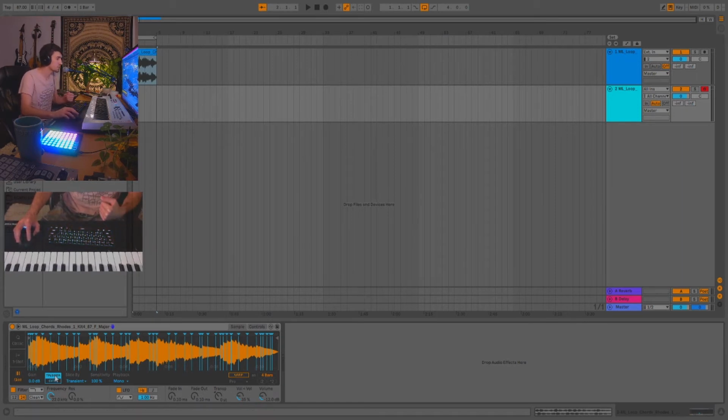So on the bottom section over here, right next to the big trigger, we have a slice by section where we can hit this drop down and select beat. Currently it's on transient, so that means if there's anything that pops out in the waveform, usually like a kick or a snare, or something that's kind of loud, or a change in the audio, I should say, it'll put a chop there. But what we're trying to do is get it by beat, right? So right now it has a division of 1/4. You can change this all the way up to 1/8 if you still need quicker chops, for example. So if I wanted to play it like this,